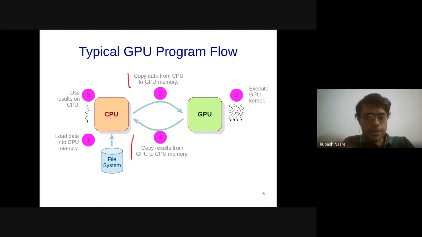How much parallelism exists in your code, and what is the cost of communication? Whether it makes sense to offload depends on this, because the advantage of the work done on the GPU as part of step 3 should outweigh the disadvantage of the copy. Only then will you start getting benefits. And that's one of the reasons why people say that if you have a smaller amount of data, run it on the CPU. Only when it becomes a little larger, let's say tens of thousands or millions of data items, does it make sense to offload it to the GPU, so that the communication cost is downplayed by the computation cost and so on.